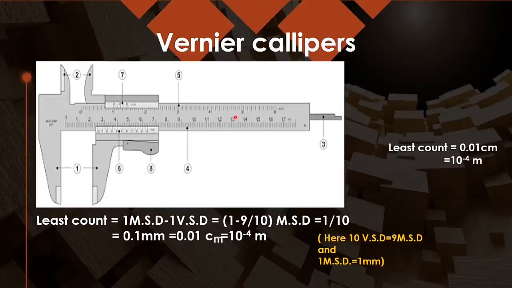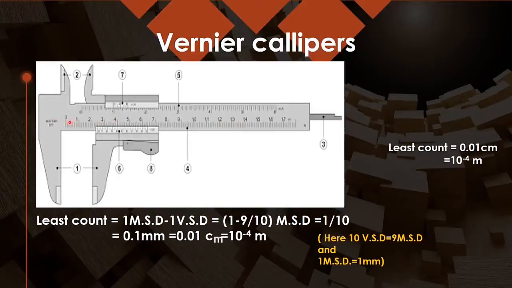Like you have done with the vernier calipers. In the vernier calipers, this is the main scale we are having, which is like your simple scale. It means this is up to 15 centimeter or 17 centimeter, whatever value can be there, but it is similar to your normal scale, and one division is divided into 10 parts. So one main scale division is equal to 1 by 10 of a centimeter. It means 0.1 centimeter, or you may say 1 millimeter. If I want to write the least count of this main scale, that can be said as 0.1 centimeter or 1 millimeter.